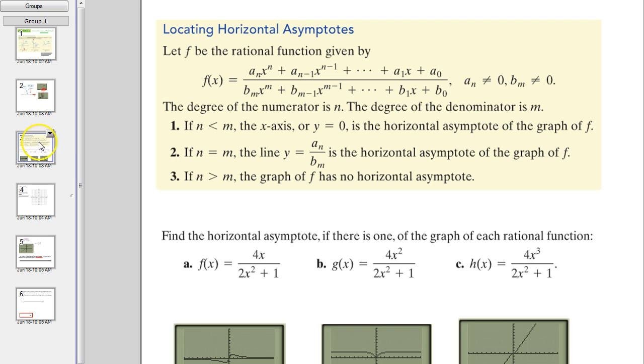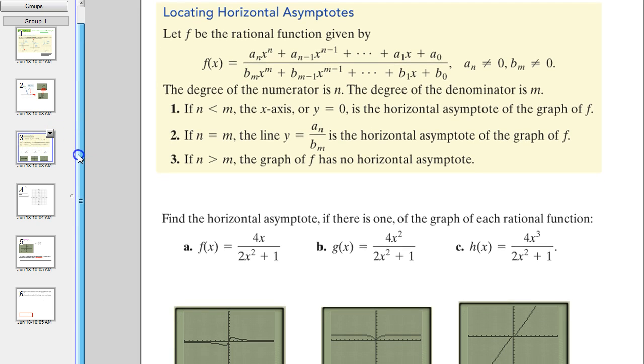How do I find a horizontal asymptote? So this is some rational function: polynomial on the top, polynomial on the bottom. Notice the a's are what we're using for coefficients here, and the b's are what we're using for coefficients here. Notice a sub n is the leading coefficient on the top, n is the degree, and b sub m is the leading coefficient on the bottom, m is the degree. So a sub n is the leading coefficient (LC) on the top, b sub m is the leading